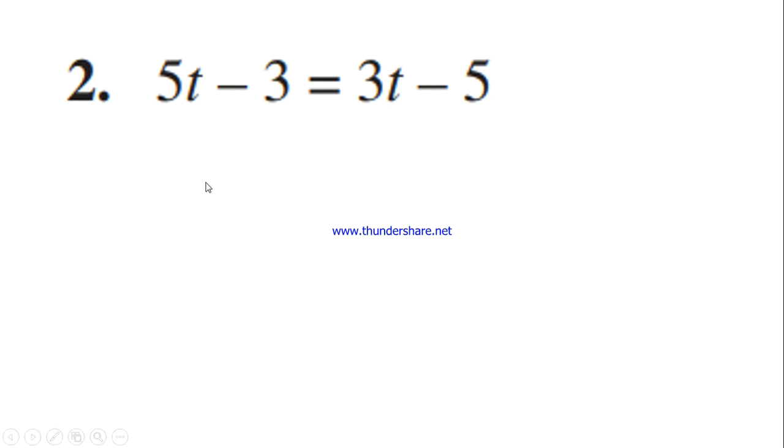So now, as usual, we are going to keep the variable term on the left hand side only. On the left hand side, which one is the variable term? 5t. Let's keep that 5t as it is. Then from the right hand side we are going to bring the t term. Which one? 3t. It is plus 3t. When you bring it here it becomes minus 3t. Likewise, the variable terms are finished. Then we are going to keep the constant terms, only the numerical values, on the right hand side. Already the right hand side has minus 5. Then from the left hand side, because we are keeping only 5t, the minus 3 remains. That minus 3 you send to the right hand side.